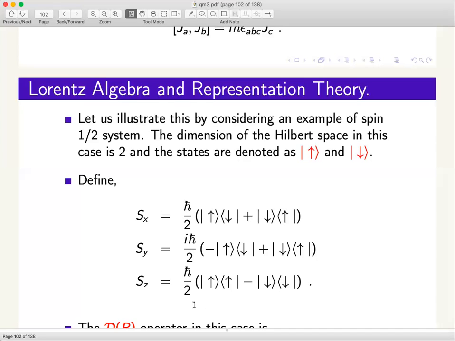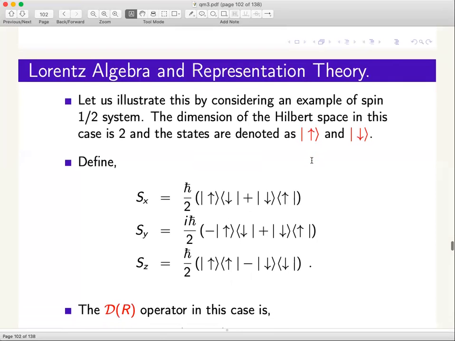So you can clearly see that when Sz acts on either the up or down state, only one of the two will click. If the up clicks, then it gives you the answer h bar by 2. Whereas if down-down clicks, that means this state contracts with that, then it gives you minus h bar by 2, which is something we already know. So this is the form of the generators written directly in terms of the states in the Hilbert space.